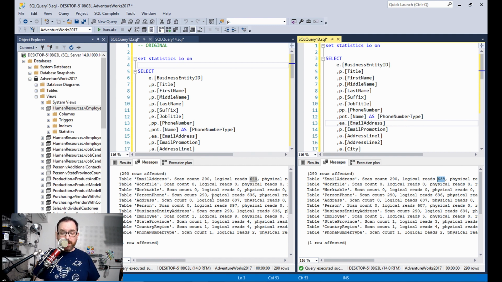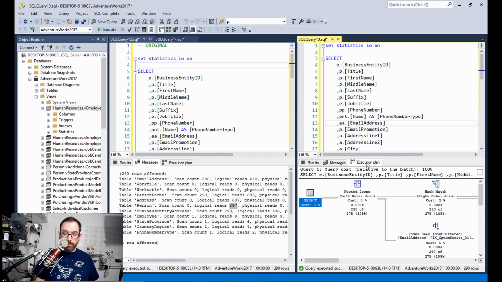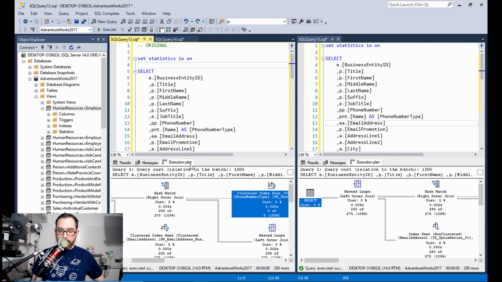But if we keep going down, we see a person had a logical read count of 897, but over here we reduce it to 607. So we're looking at a 290 decrease over 1,000 is 290,000 logical reads just from this basic application of covering indexes. If we go to, we got to find person first in the execution plan,